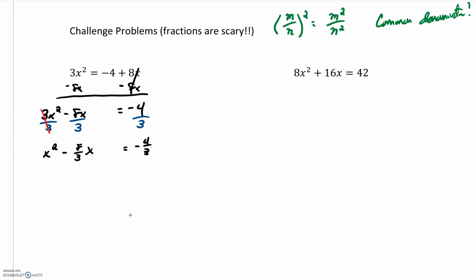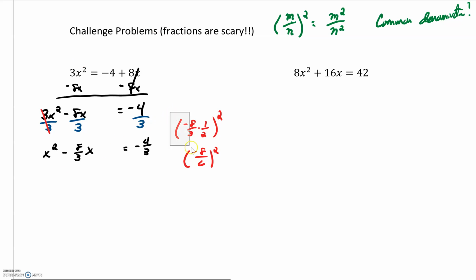Not so bad. Now, if we need to find the c term that makes this a perfect square trinomial, we need to take the b term, which is negative 8/3. We need to find half of that, multiply it by 1/2, and then we need to square that. Okay, so to multiply by 1/2, just multiply numerator times numerator. Negative 8 times 1 is negative 8. 3 times 2 is 6, and square it. Now when I square that, square the numerator, square the denominator,